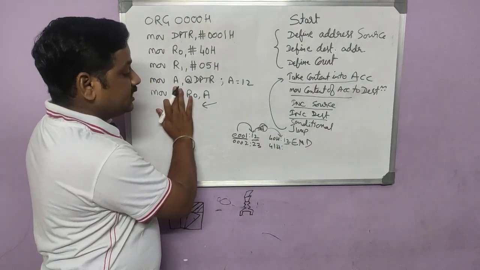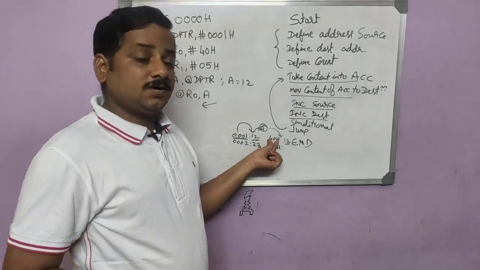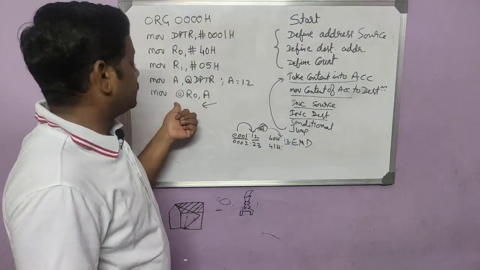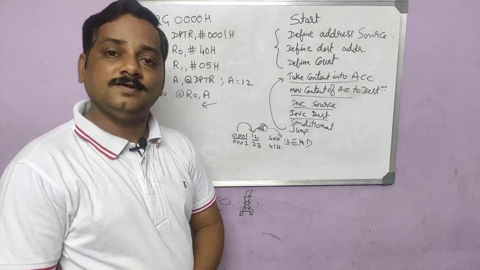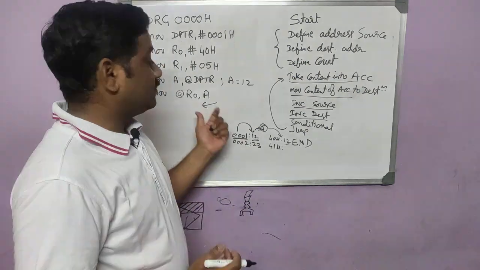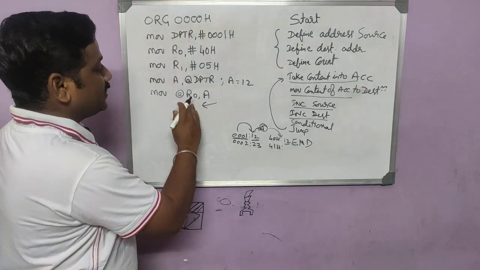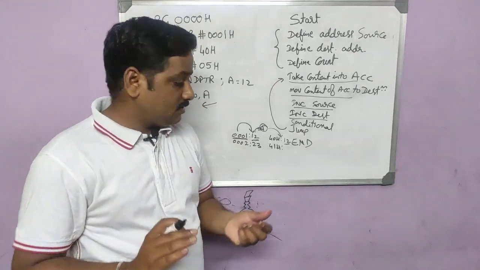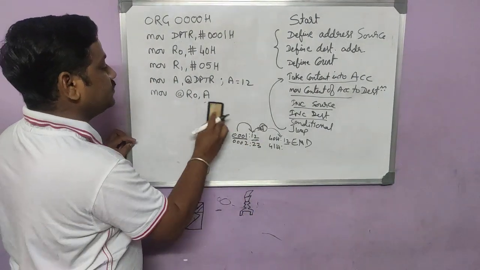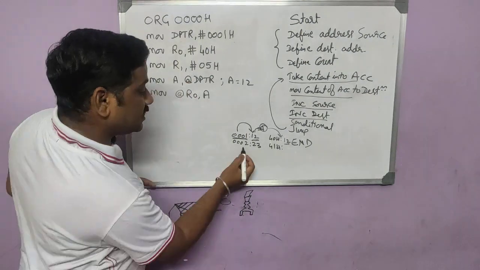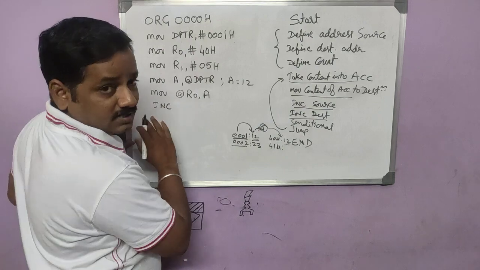If you don't use this symbol, then it will move exactly into R0, and 40 will be replaced by 12. I don't want to replace 40 with 12; I want to put 12 at 40. So use @. This concept is called indirect register addressing mode. I hope you have understood this because it has been covered in the theory. So MOV @R0, A. Then we got that first data into the destination. Now we should increment so that I can go to the next address. So INC, that is the instruction.